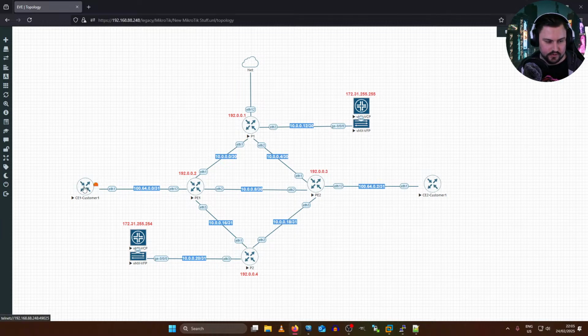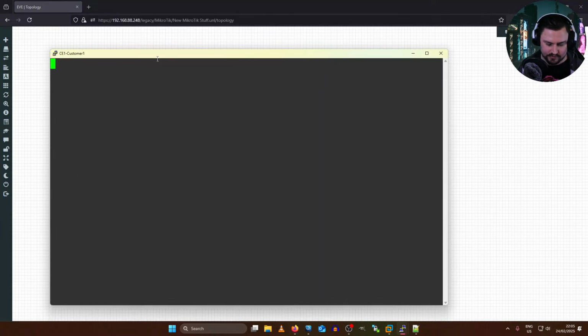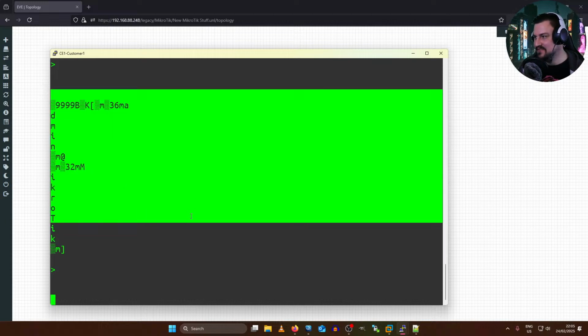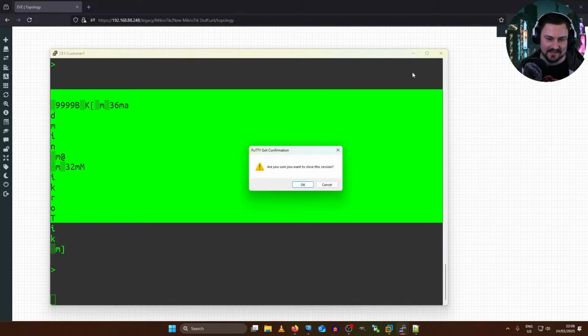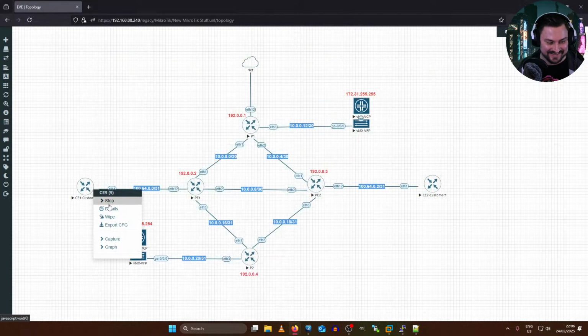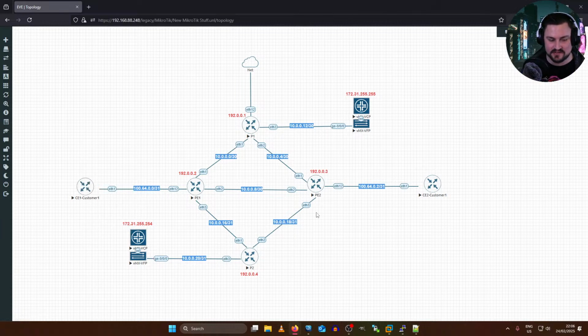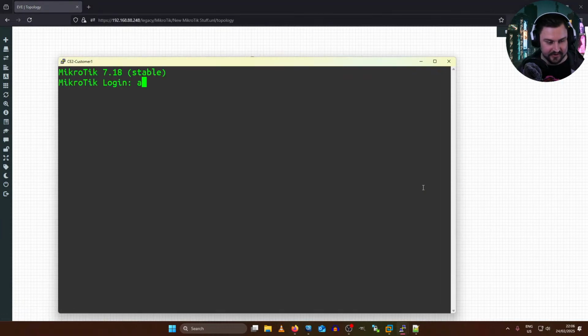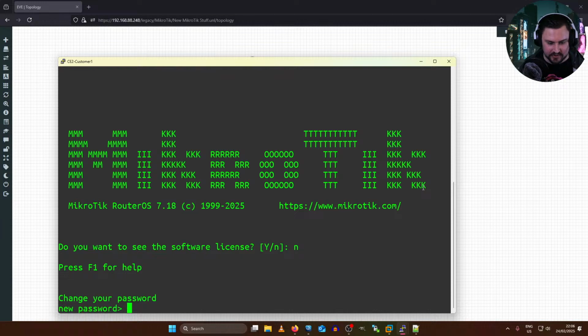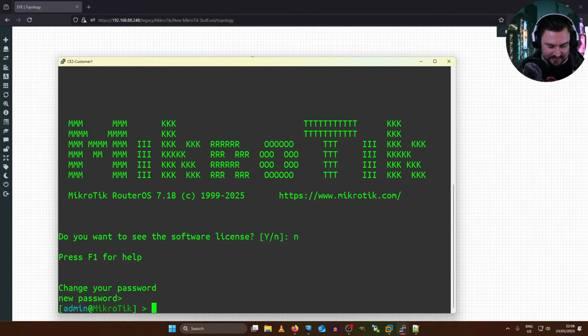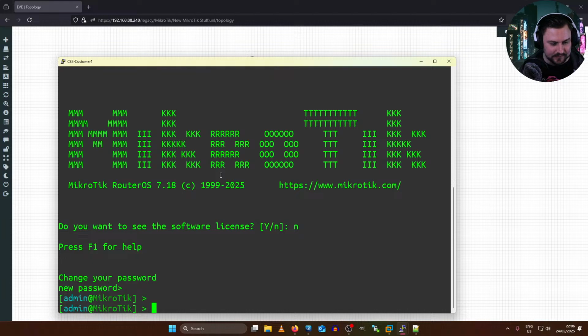So what I'll do is just add these IP addresses to the node. Login admin, blank password. I love it when it breaks like this. I think I mentioned in the previous stream that this happens. Maybe that's why it boots up so slowly on the Juniper. But that's not a MikroTik issue. I think it has something to do with Eve and PuTTY. It sometimes happens with my MikroTik nodes on Eve, but if you connect to it over Winbox, it's still working fine. So it's not an actual issue.